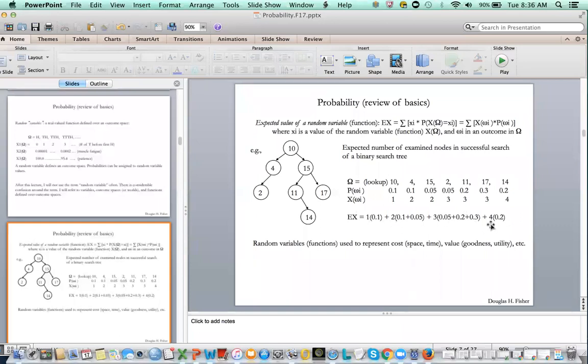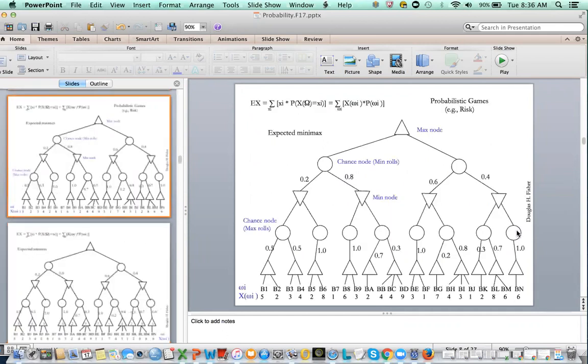So if I want to compute the expected number of nodes, that is the expected value of this random variable, the number of nodes looked at, I would simply compute it as a sum of probabilities: the probability of each outcome times the cost or value of each outcome. And you see that there. Random variables are often used to represent cost or some other kind of utility value. At least that's the way that we'll often use them,